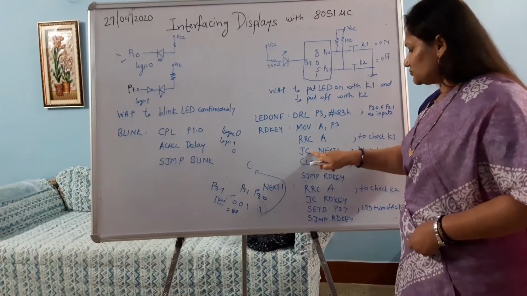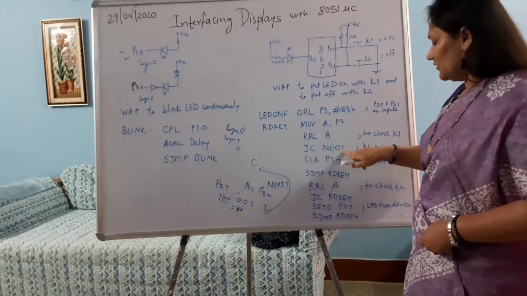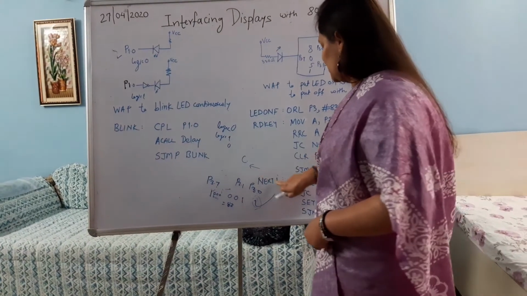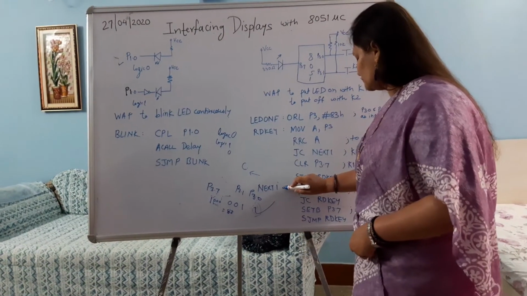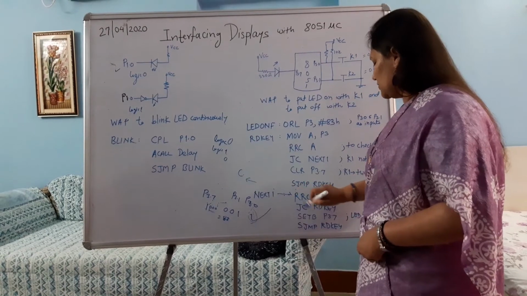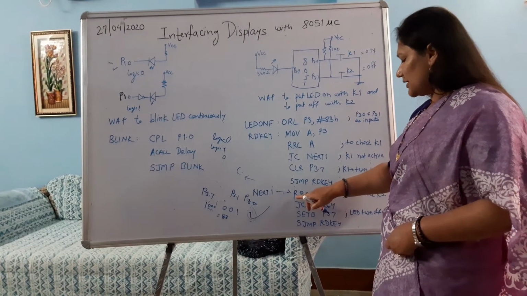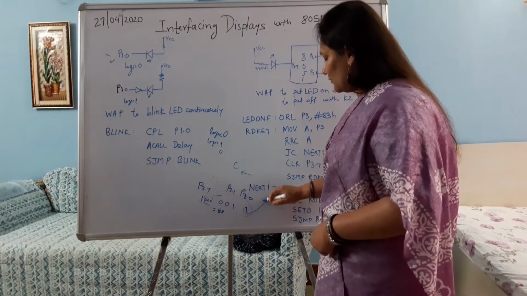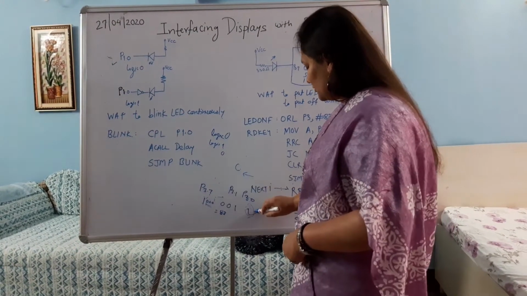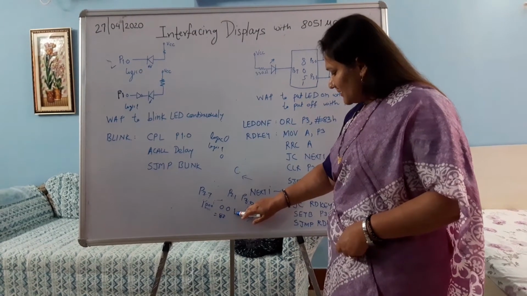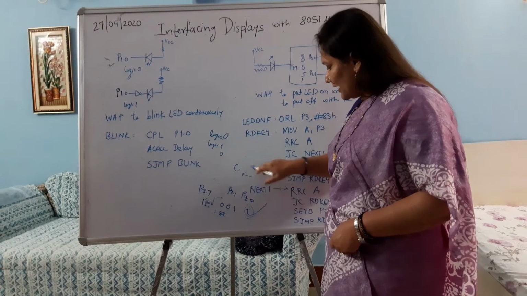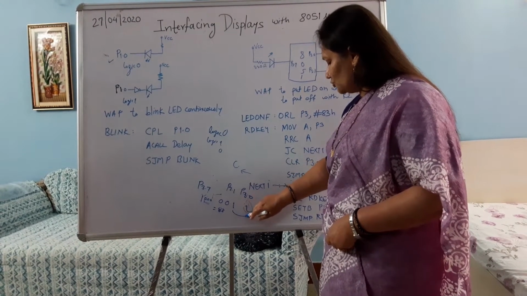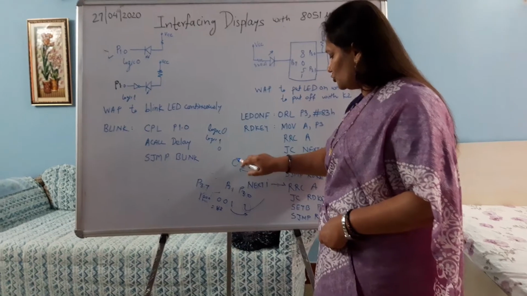So if K1 is not pressed, where are you moving? You are moving to the next location. Where is the next location? The next location is available here. This is your next location. So what is the next location doing? It is again rotating the accumulator right once. So again rotating the accumulator right once, what will it do? It will move this particular 3.1 bit to carry, because it would have been shifted to this place, and from this place it would go to the carry bit.